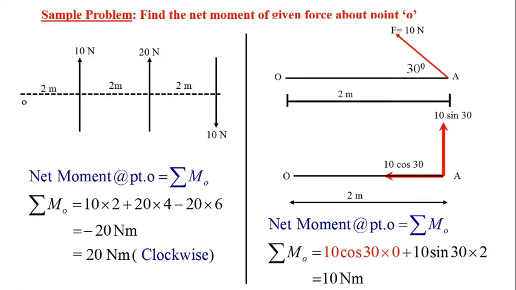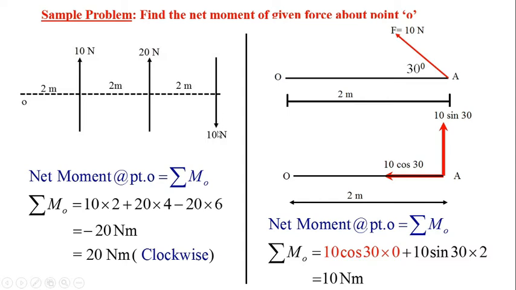Let us use our usual sign convention, clockwise negative, anti-clockwise positive. So, moment of the 10 Newton force about point O is 10 into 2: force into perpendicular distance between point O and that force, 10 into 2, direction of moment anti-clockwise, positive. Then the second force, 20 into perpendicular distance 4 meters, 20 into 4, anti-clockwise positive.